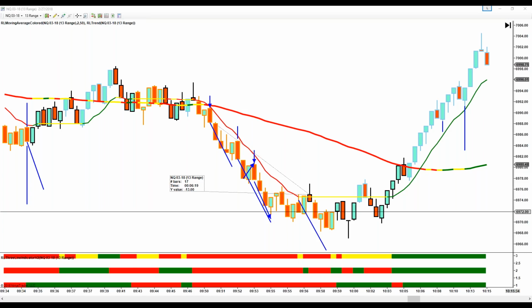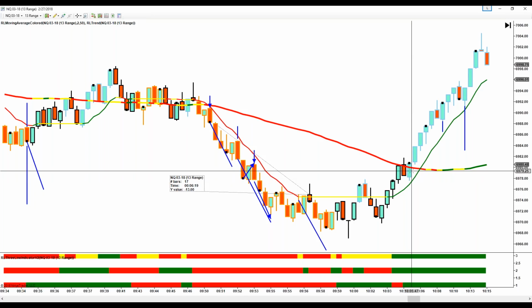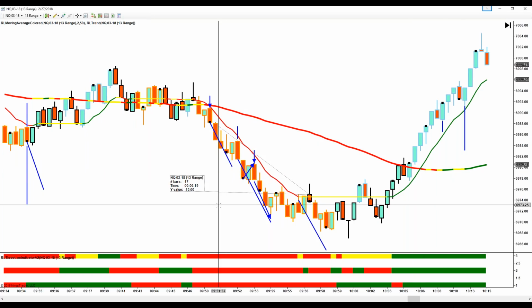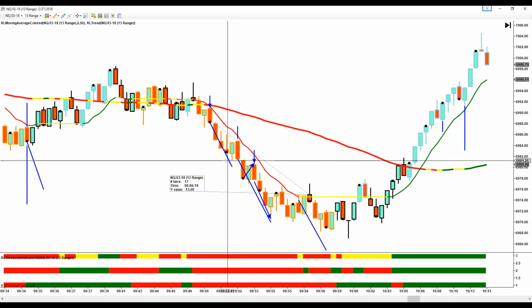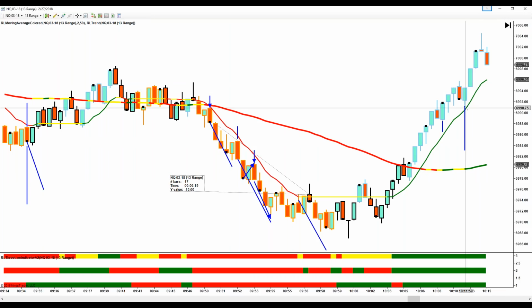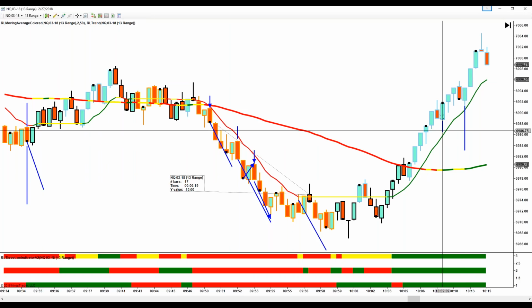Exactly, Giscard. Don't bother watching the 3 line. Watch your candle color and look for a pull back in a long trade or a pull up in a short trade, and just make sure that when it does, the 3 line stays with you on the trade. And when you get that pull back to resistance or that retracement down to support and the 3 line stays with you, you're going to enter